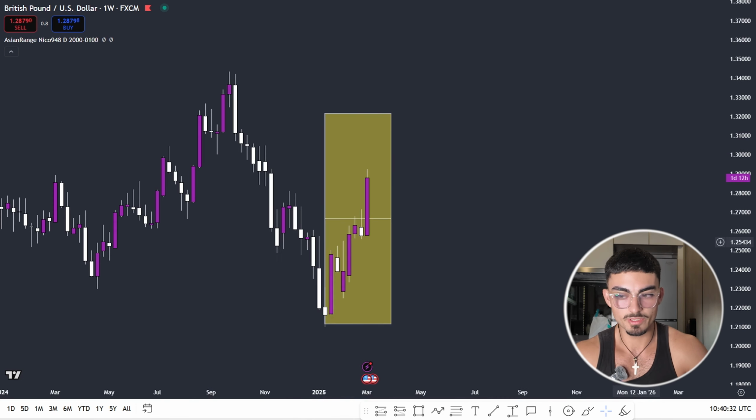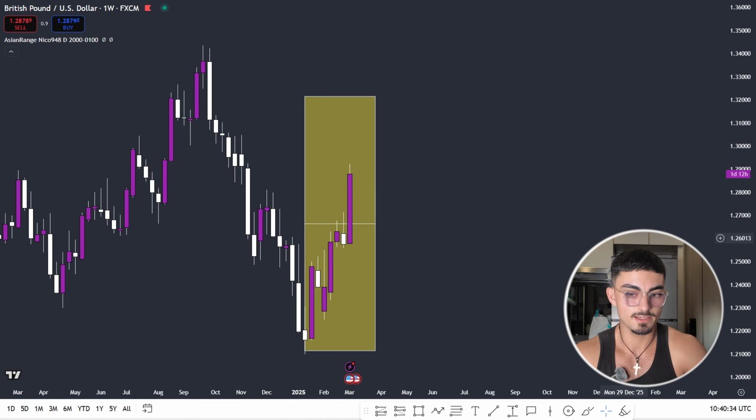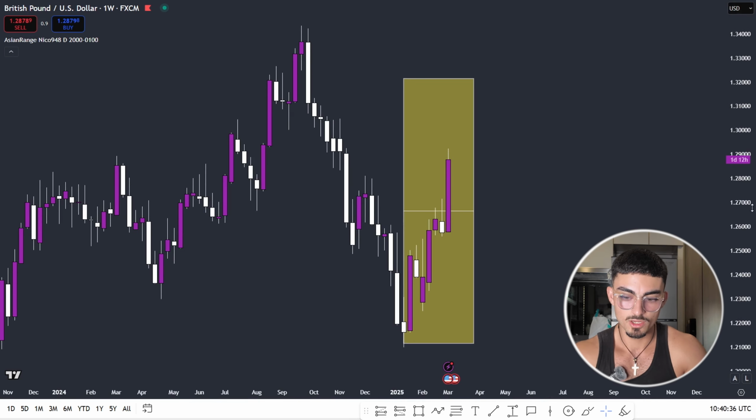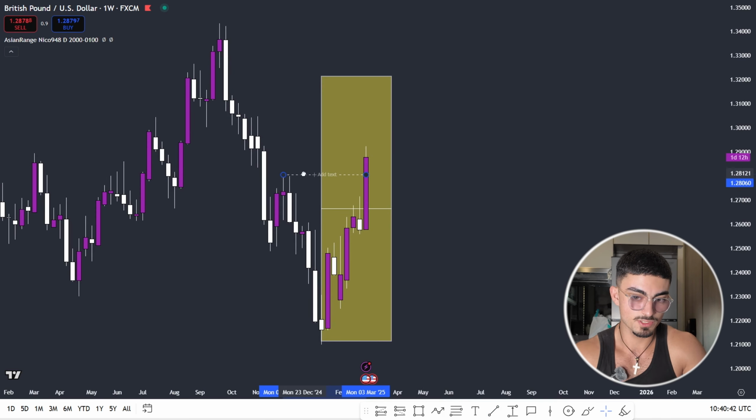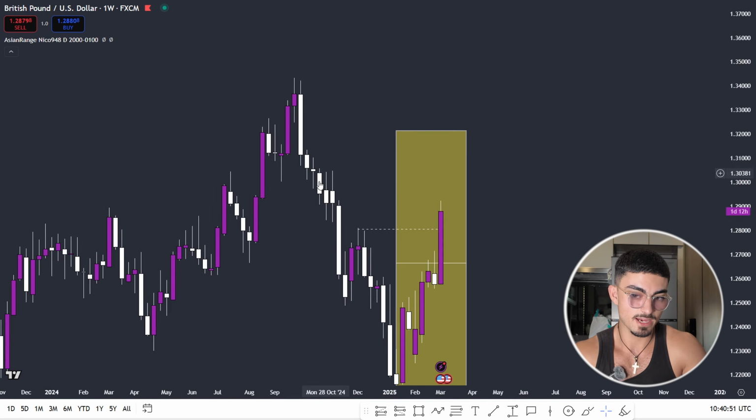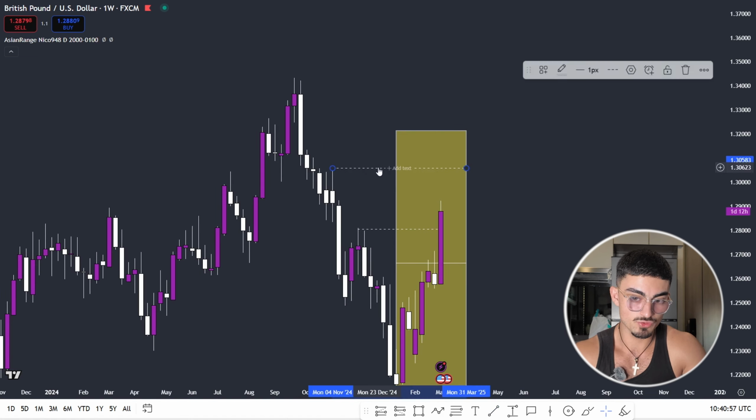Okay, now the next thing we need to understand is where is price likely to go, okay? First of all, we can see that it targeted this high right here. So this week, the target and the draw of liquidity was this high here. As you can see right now, we've clearly closed through it. We're clearly still very, very bullish. So now we need to look at the next highs in the market to target instead. We've got some highs up here, which potentially the market might be drawn towards.